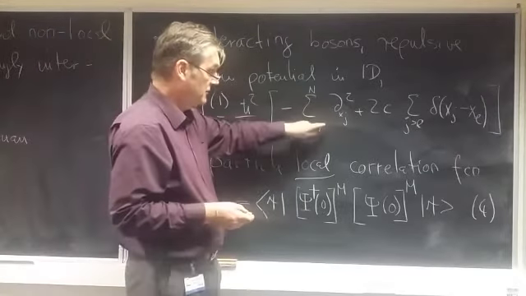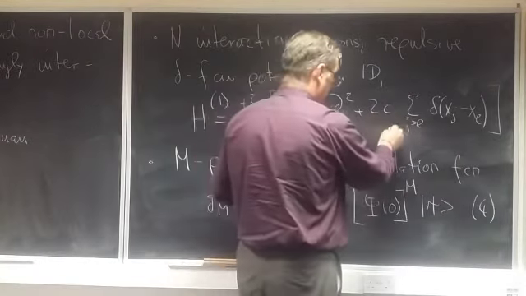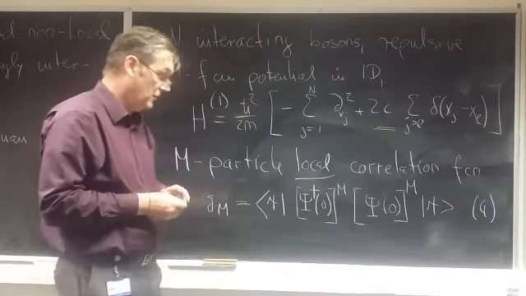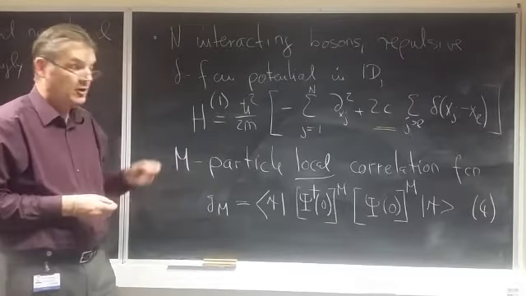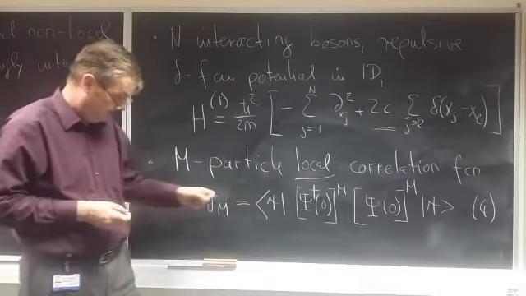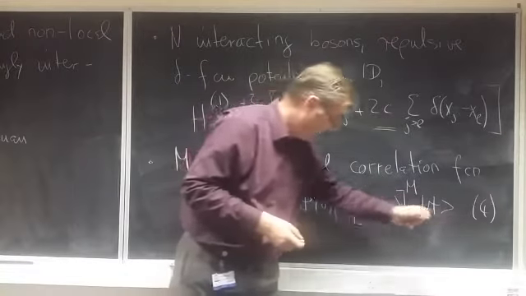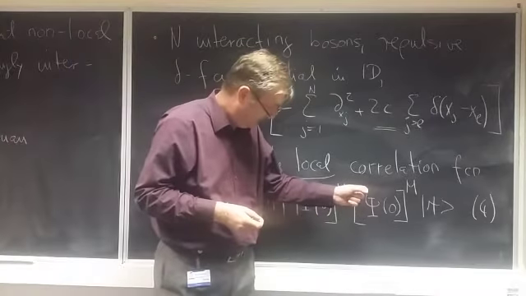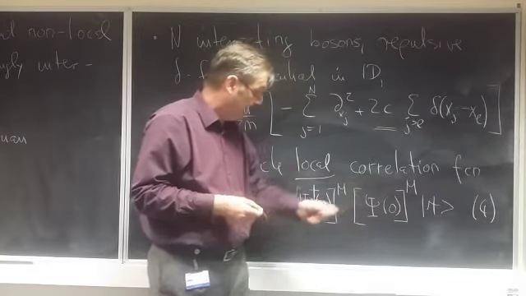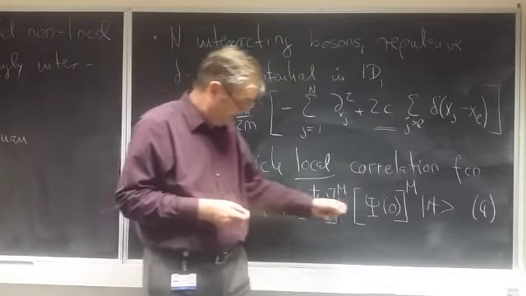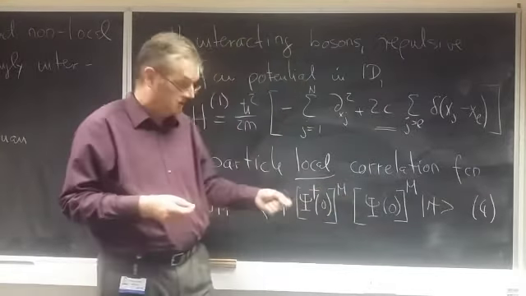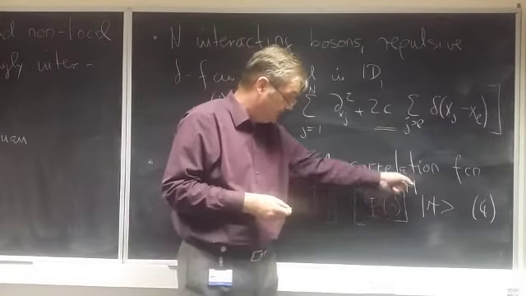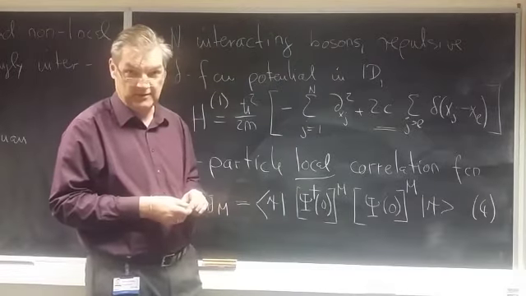Here we just have the kinetic term, and we have a strength of the interaction, which is our parameter c, which will be important as we go along. And then what we would like to compute is the m particle local correlation function. So if we have the ground state psi denoted as this, we'd like to compute the following correlation function, namely we have the normal annihilation and creation operators, but then we do it at a local position without loss of generality. Let's assume this is at coordinate 0, and we generate m such particles there, and then we destroy them. And that's the correlator.